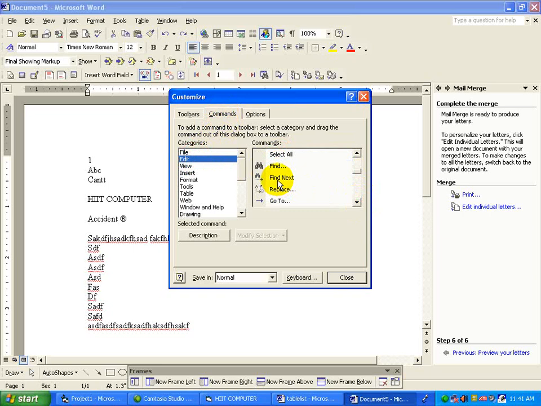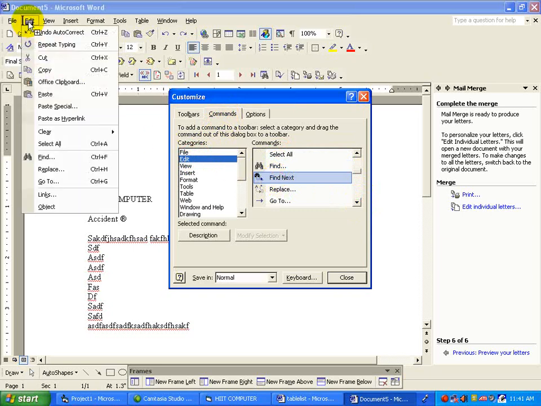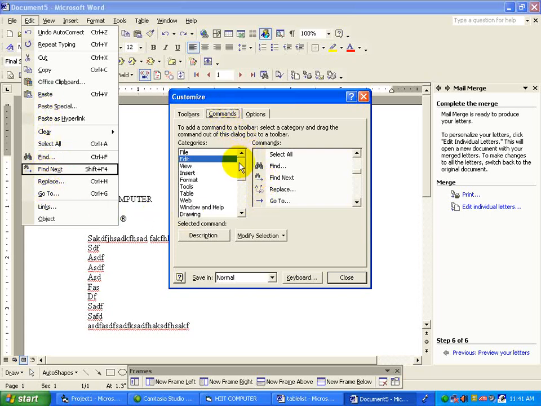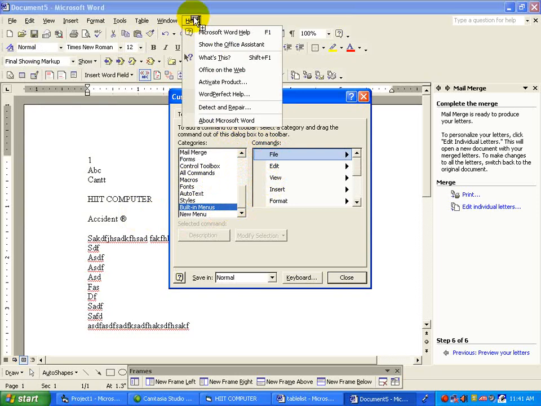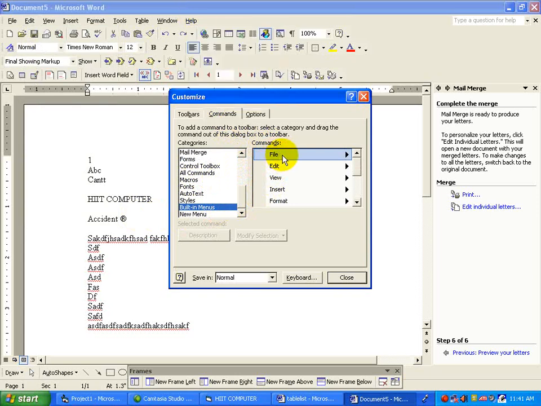If you want this option in a menu, click here, hold the option, move to edit menu and move after find next. You will get a new sub menu here through commands. To add a complete menu, move to built-in menus, just hold the menu and move it to a menu bar. You will get the complete menu on this line.